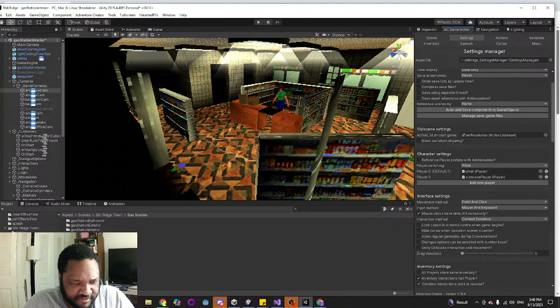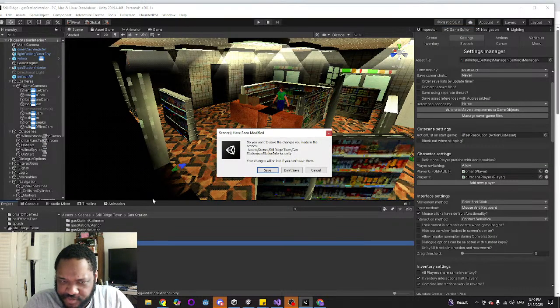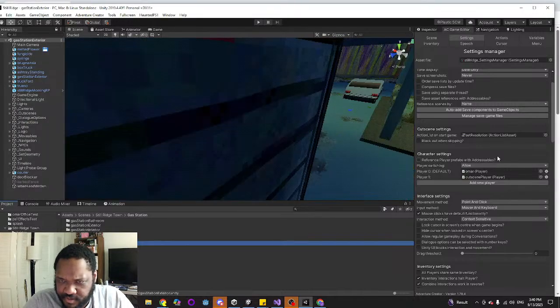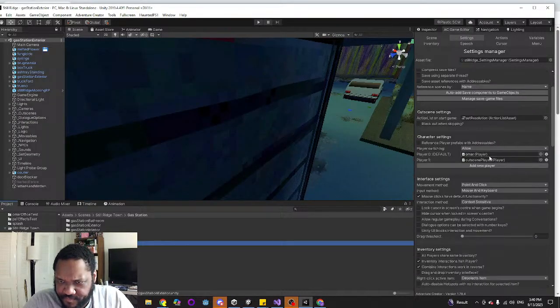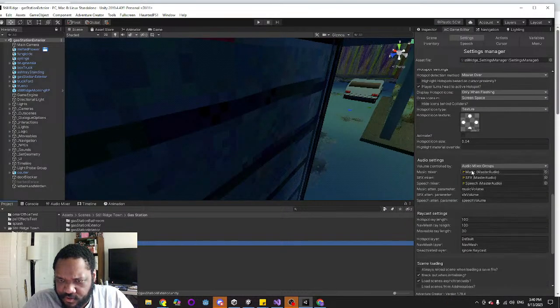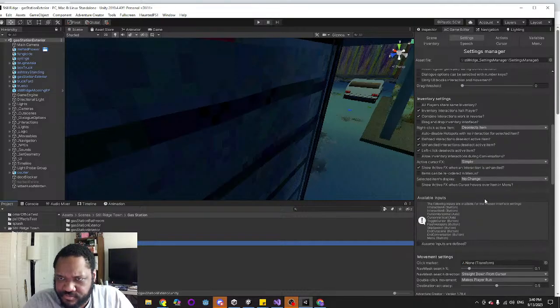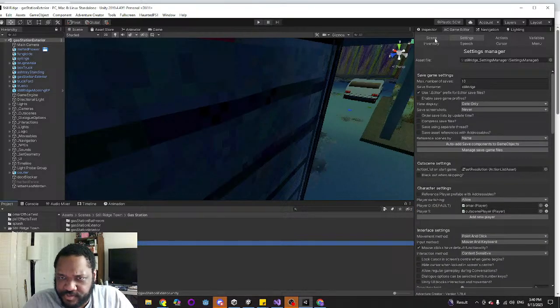I'm just going to be switching back and forth between scenes to see if there's something I'm missing. Yeah, all of the settings are set correctly.